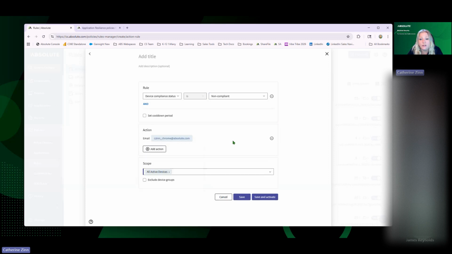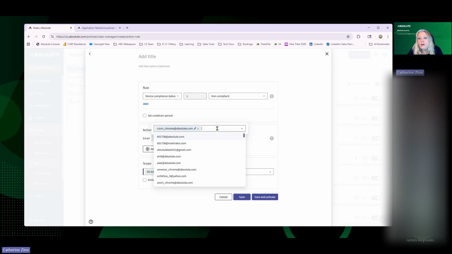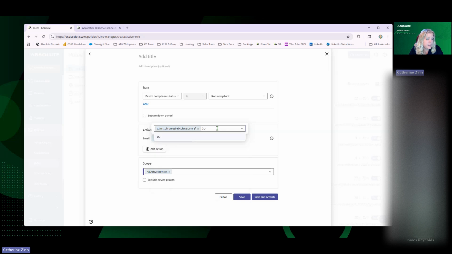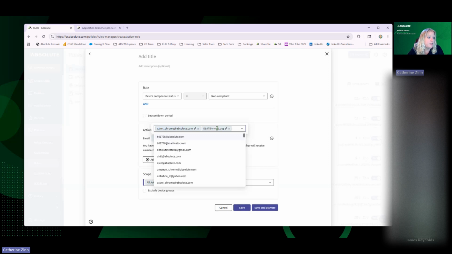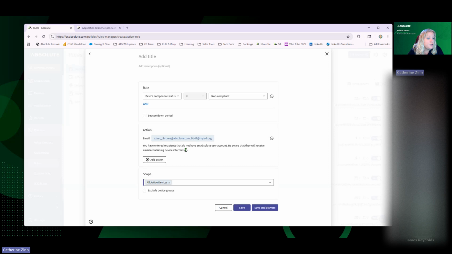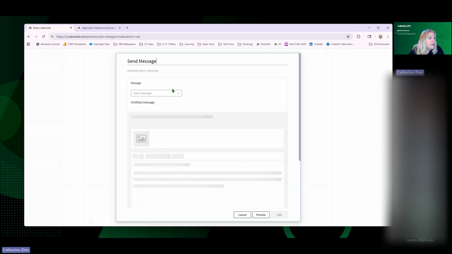You can email console users. So you can email yourself, or if you click here, they don't even have to be in the console. If you just want to send them a notification, this is happening, you can say DEL, it@myisd.org, and then you would just hit enter and it would add that. The drop downs here are people that are in the console, so you can just click on those if you want to. And you can do multiple actions. So yes, I want to be notified if the device compliance status is not compliant. I also want to send a message to the end user and say,